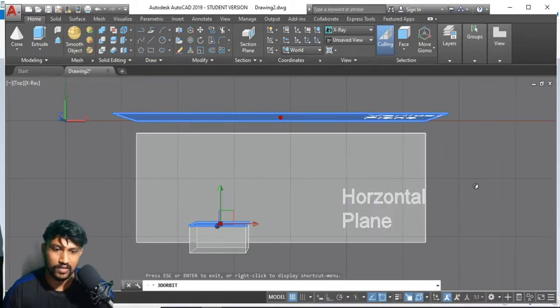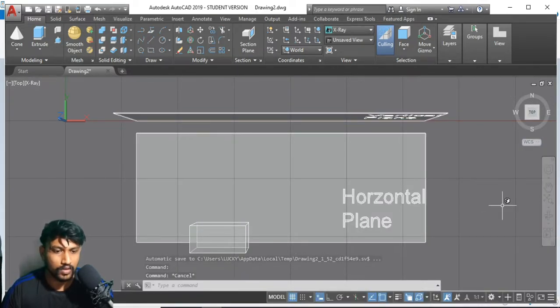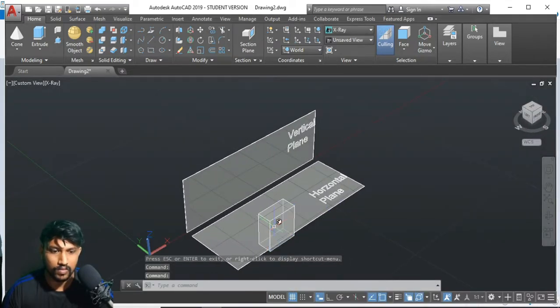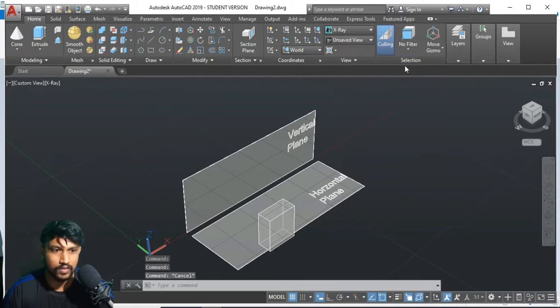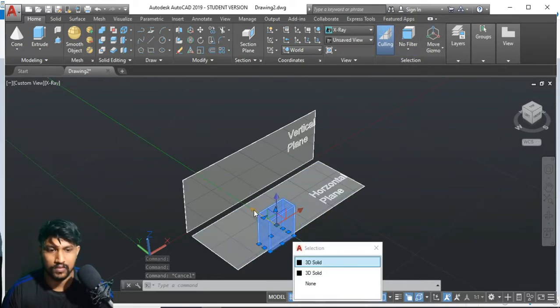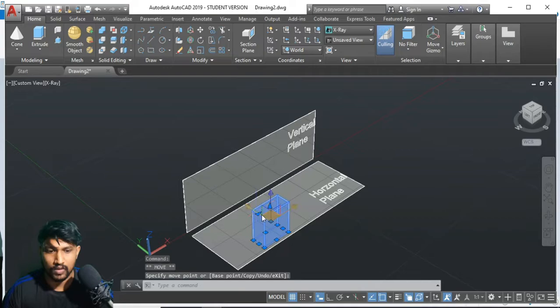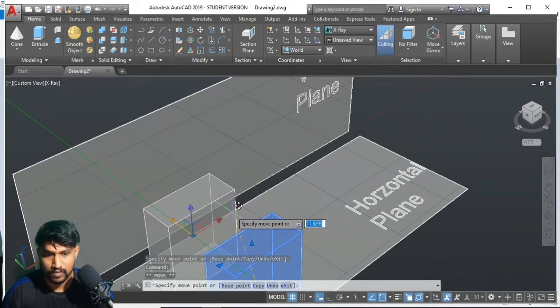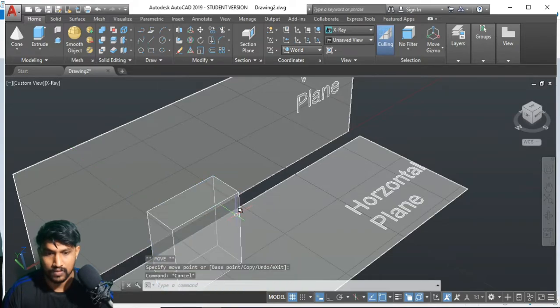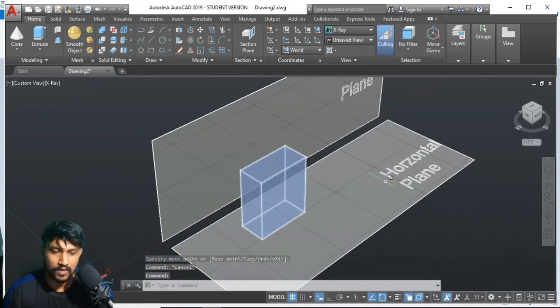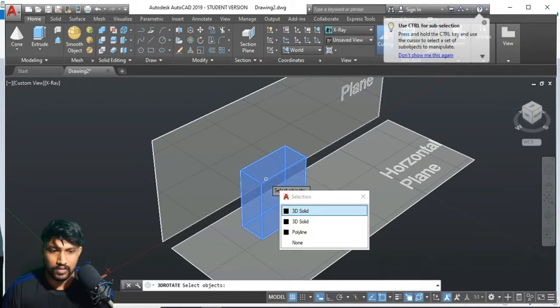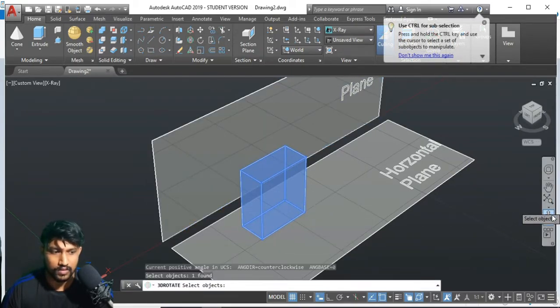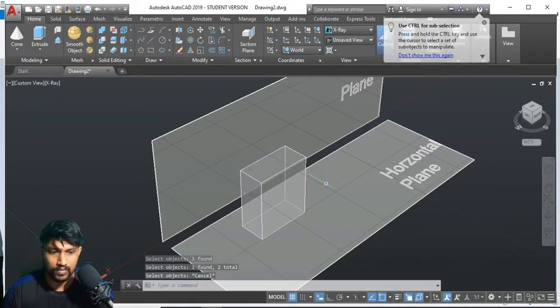Okay, so what I'm going to do now is, firstly I'll move this one somewhat closer to this. Now I'm going to rotate this one. I'm going to select this object.